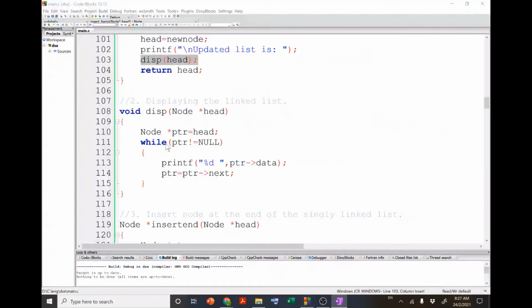Now let me show you the code. Over here you can see this was my declaration, so I used it in the definition also. Inside this, first I create this ptr and initialize it with the value of head, and then we start with a while loop. We will go inside the while loop if this condition is true, and as soon as ptr becomes null, we will not execute this and we are going to come out of the while loop, right? In this way we will be able to display the data. Now if I run this program,